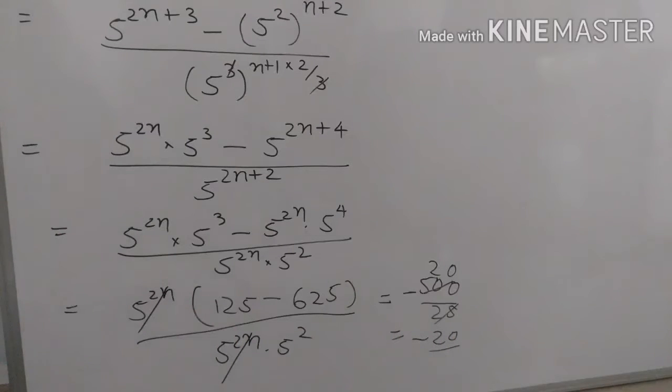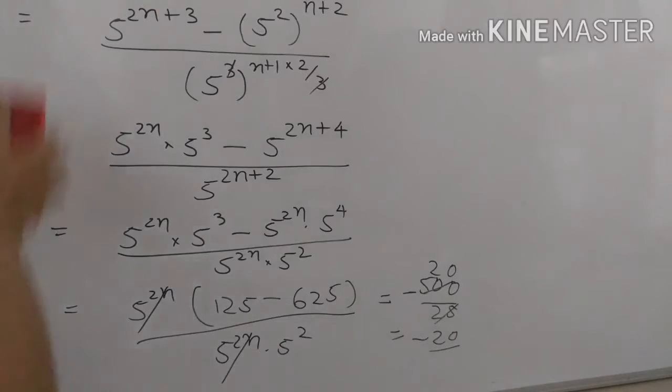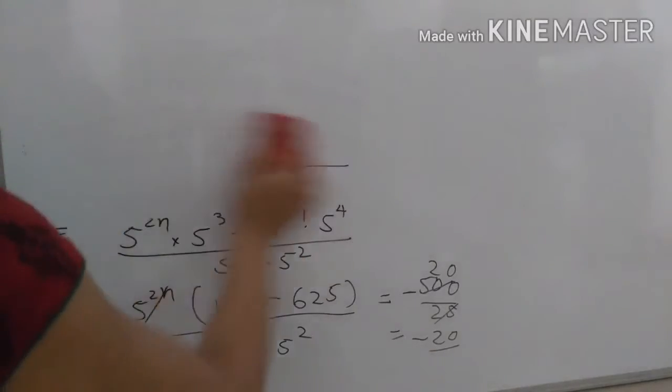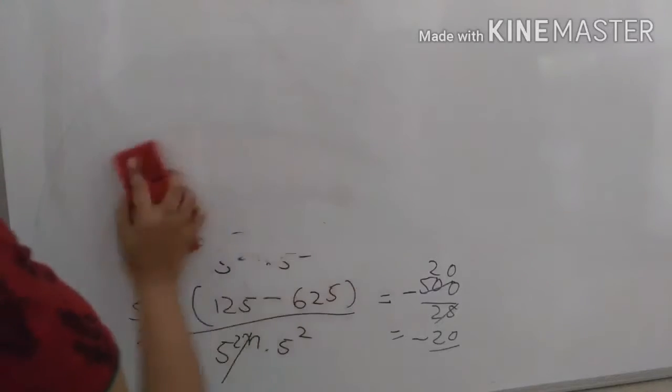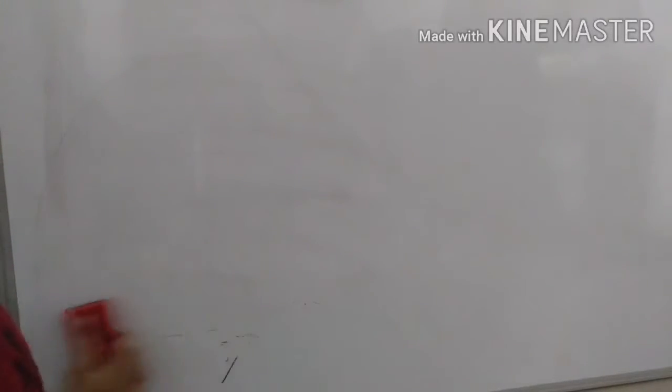Now let us move to the next question, question number 5. Question number 5 is a prove-that type of question, students. All the questions from now onwards are very important for your understanding. Now let us take the next one, question number 5.